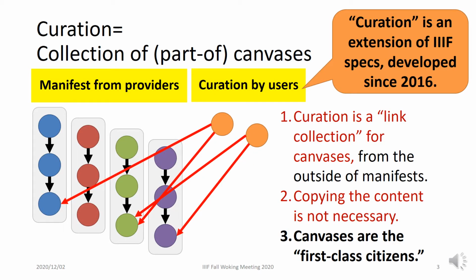Here I illustrate the relationship between manifests and curations. A manifest is created by providers such as museums and libraries, but a curation is created by users or anyone using the IIIF Curation Platform. As explained earlier, a curation is a link collection of canvases from the outside of manifests. This is why copying the content is not necessary, and I believe this is a better choice for keeping the authenticity of the manifest. But unfortunately, this is not possible within the current IIIF specifications, so we extended the specification